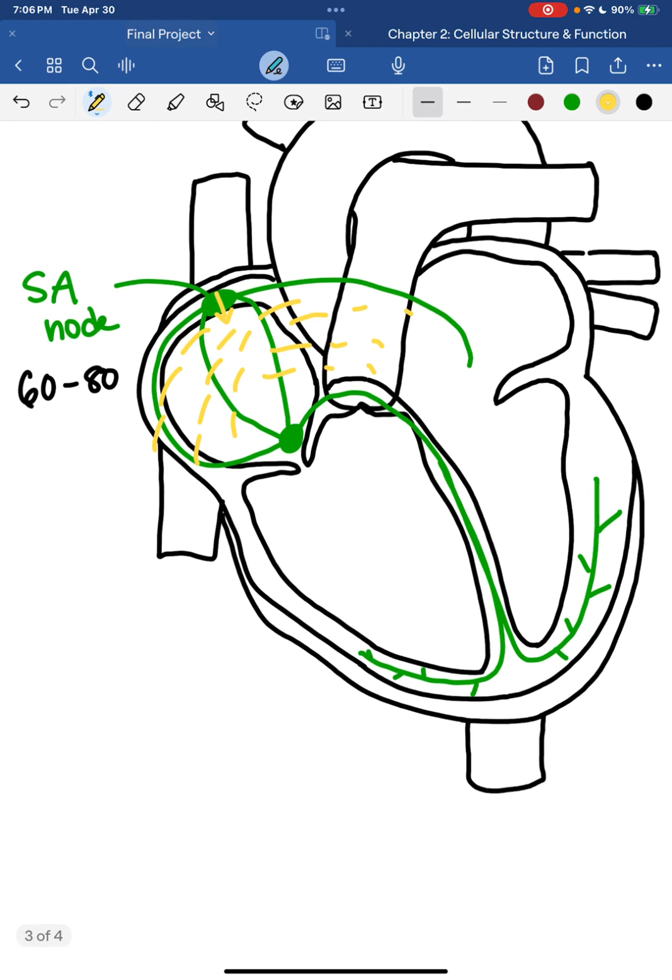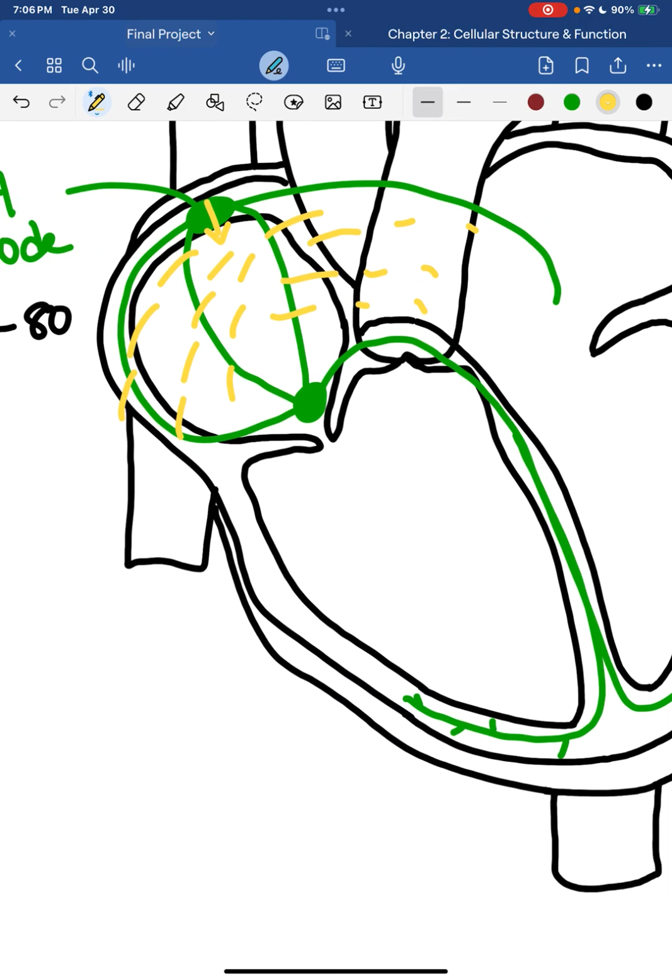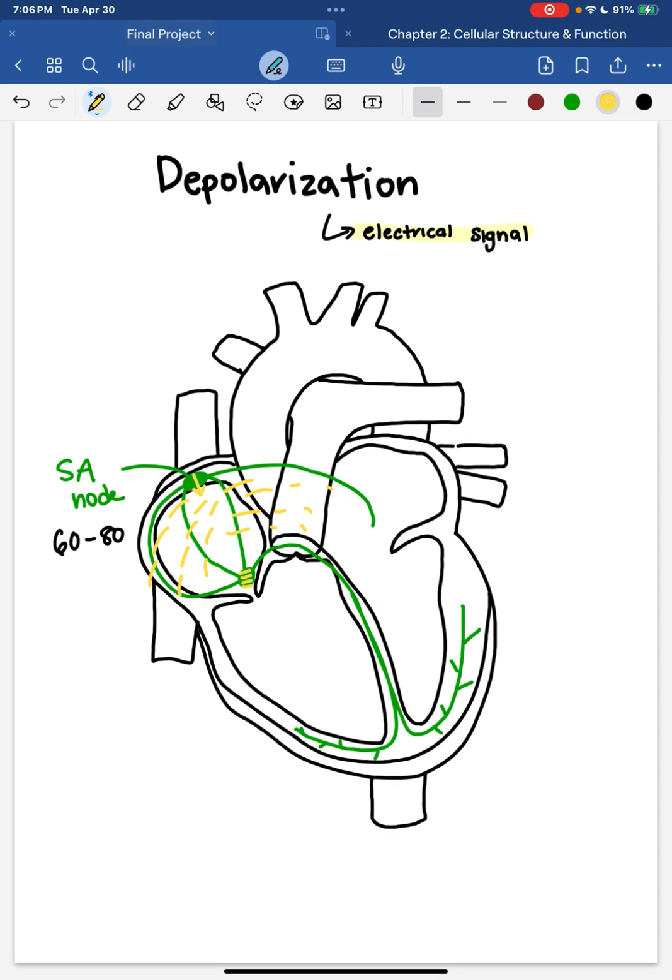And it's going to hit something called the AV node, which is going to receive the depolarization signal, and it's going to delay it a little bit. While it is delaying it, it's going to allow time for the blood that's left in the atrium to make its way down to the ventricles. So as I mentioned, the AV node is going to slowly send that signal down, allowing time for the blood to drain. But within this area, we have something called